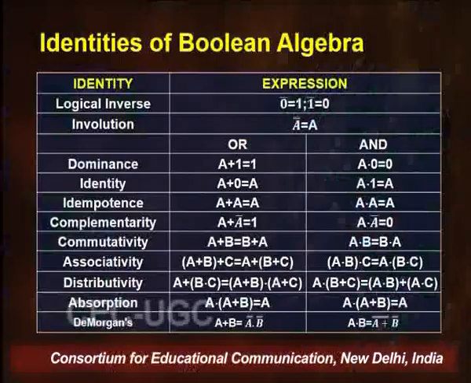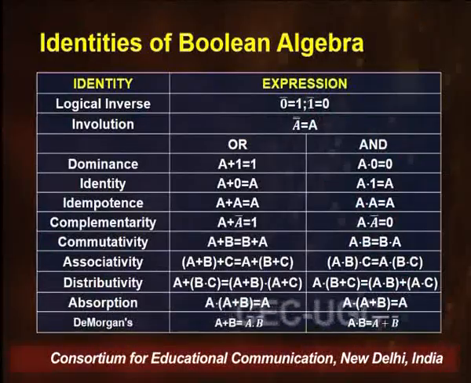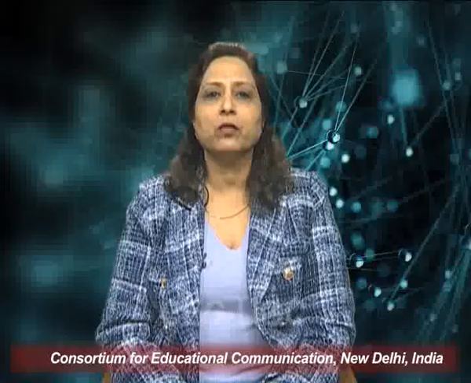These are the identities of Boolean algebra. The laws, as I was mentioning, are the laws that we follow in Boolean algebra to reduce a complex expression into a simpler expression. Very common rules that we have learnt earlier also: complement, commutative, associative, distributive, idempotent, identity, dominance. These are the kind of laws that we use here. A very important law which is new to this is called De Morgan's law, which is mentioned at the last. And these algebraic laws will help us to reduce the number of logic gates to perform a particular operation. This is what I mentioned earlier also.